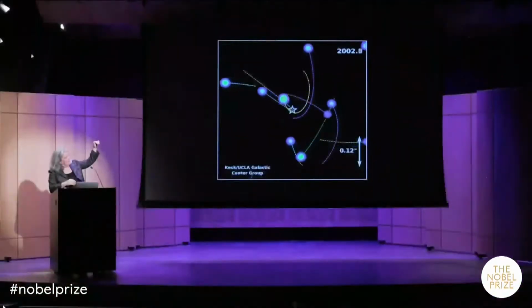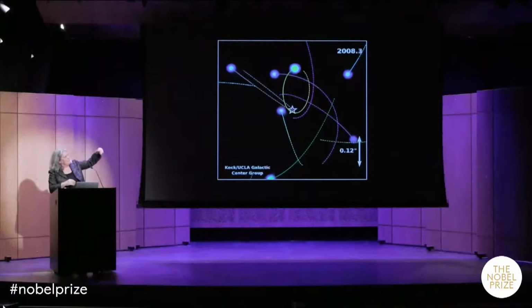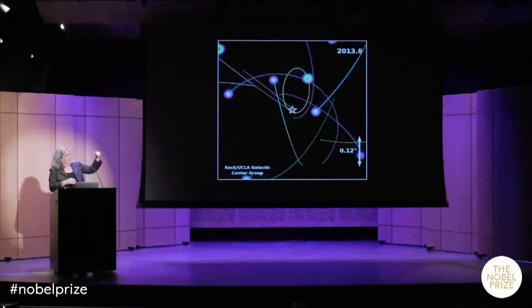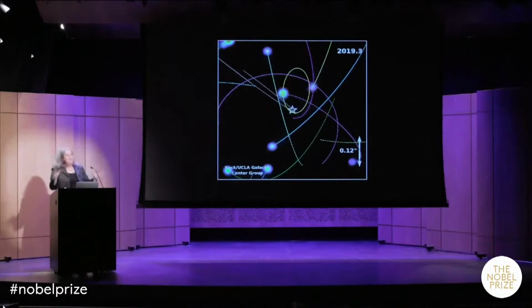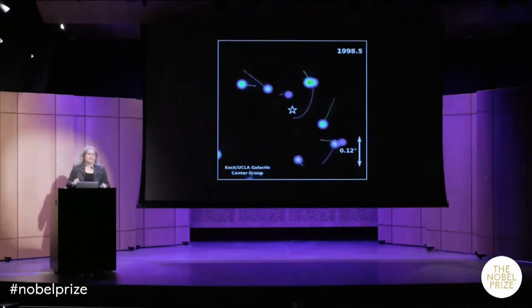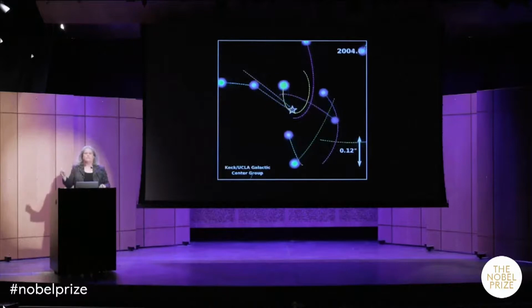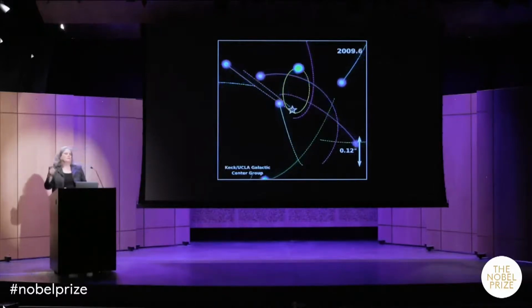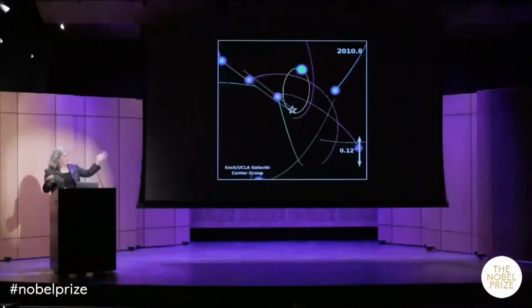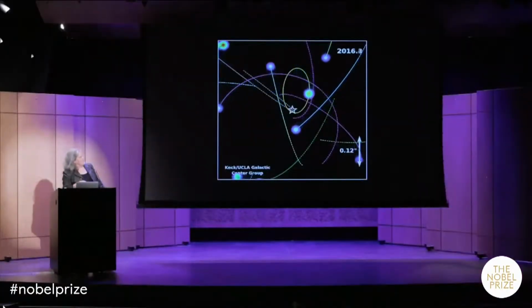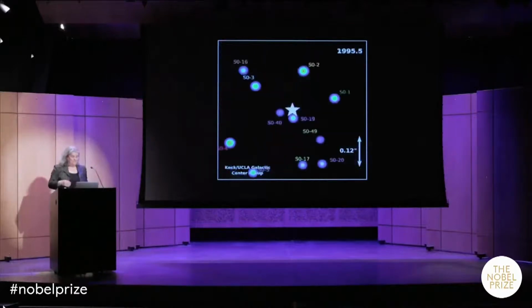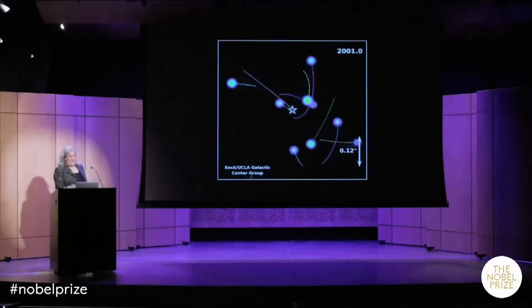And the next thing you can kind of see from this animation is that things are going to deviate from a straight line. So then in about 2000, you could measure accelerations, and the minute you get accelerations, you understand how exciting this project is going to be, because you can foresee at that point that the orbital periods are going to be shorter than a human lifetime. And here again, just consider that it takes the solar system 200 million years to get around the center of the galaxy, and here we're talking about things that are happening on a decade time scale. So my favorite star there is going around every 16 years. And what is that star? I mean, now we have the most direct.